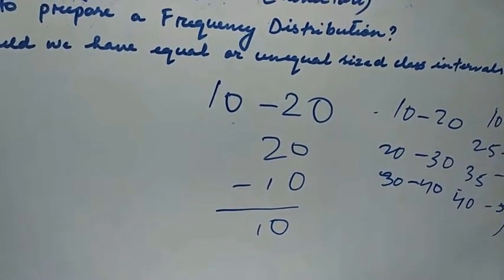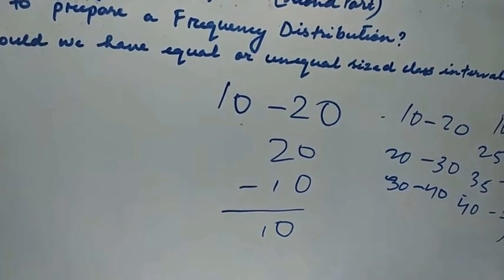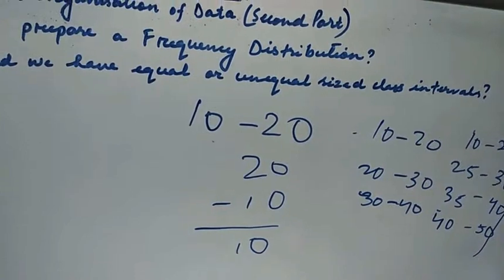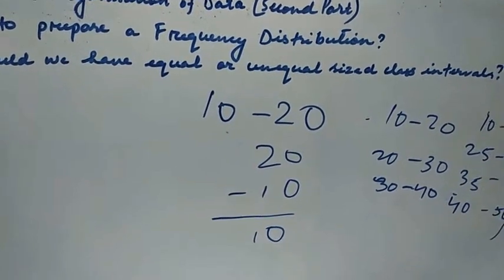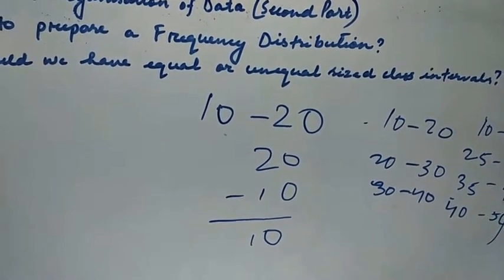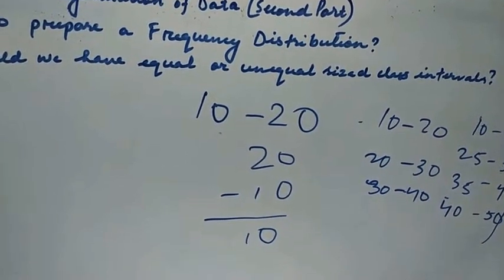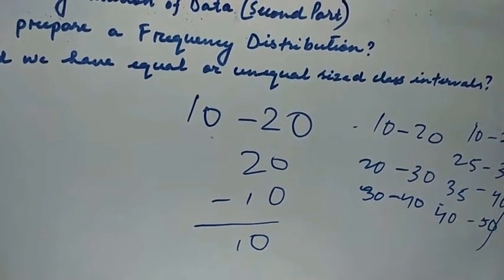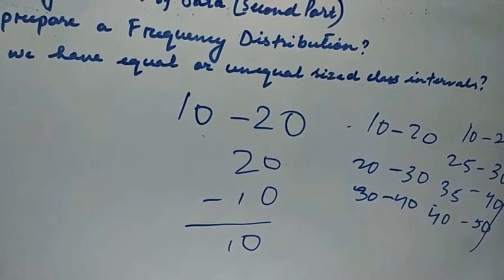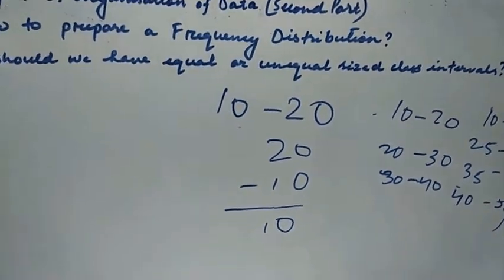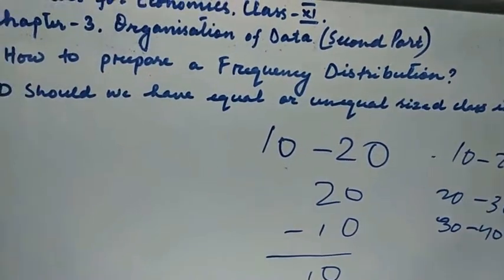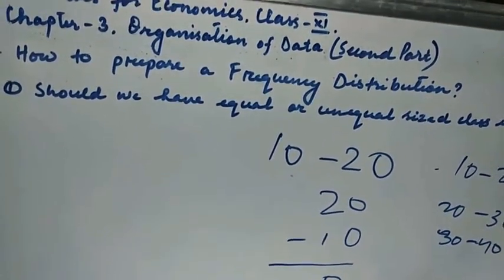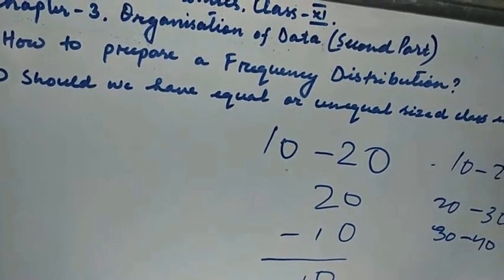For example, income per day may range from nearly 0 to 100 crores of rupees. So the income of an individual is very high in range. Some may have zero income, some may have crores in income. So we use this unequal size data. In such a situation, equal class intervals are not suitable. Why? Because if the class intervals are of moderate equal size, there would be a large number of